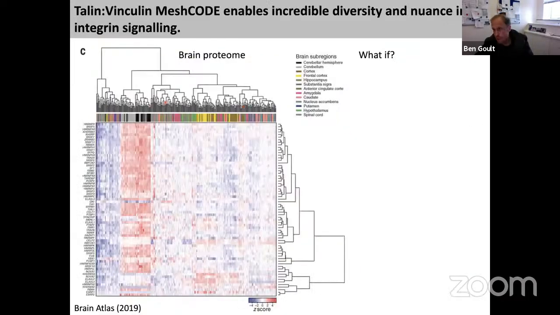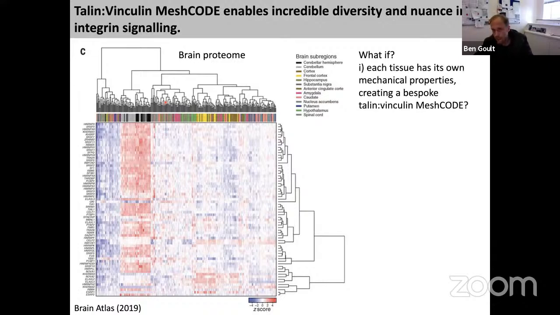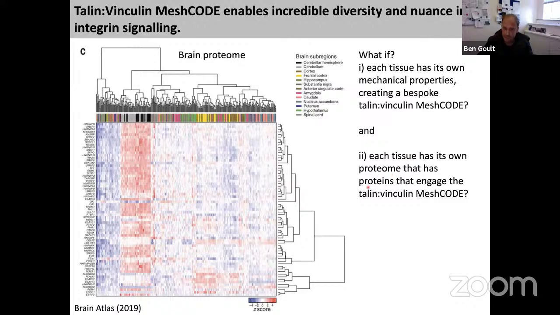And some more conceptual questions, which are what-if questions, is that you can ask two simple questions. It's not hard to imagine, and it's actually true and shown, that each of our tissues has got its own mechanical properties, different stiffnesses, different stroma, different ECM, creating different mechanical environments which these cells are then interacting with. So you can easily begin to imagine that the pattern of ones and zeros on those different environments will have different mesh code patterns. And then if you couple that to each of the tissues has got its own proteome, they're expressing different proteins.